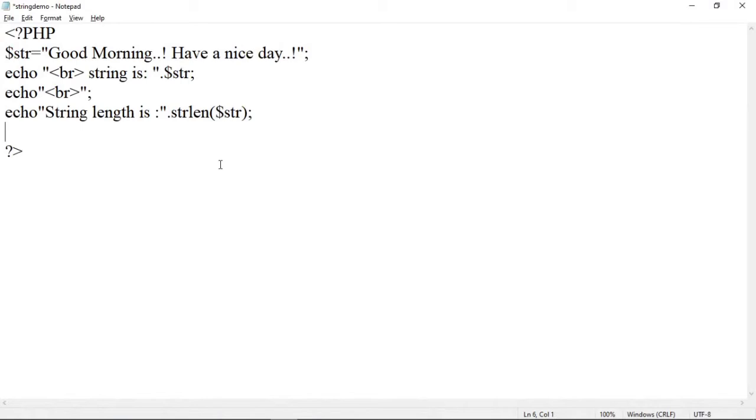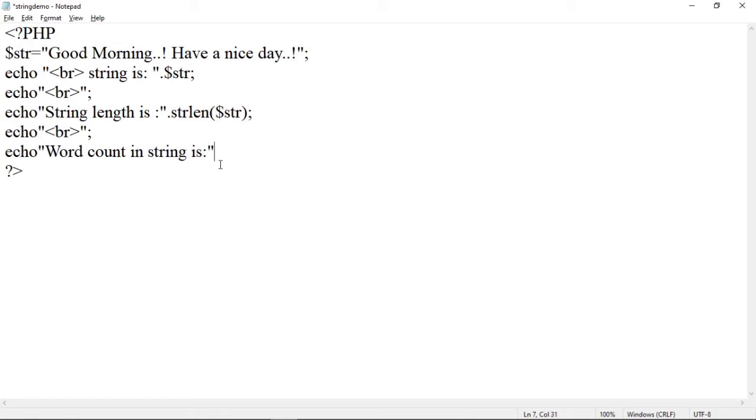to have the next output on the next line, again we will have to use this echo br, that is a line break. After that, to count the words in a string, we have to use a function. First of all, let us add an echo statement: "Word count in string is".